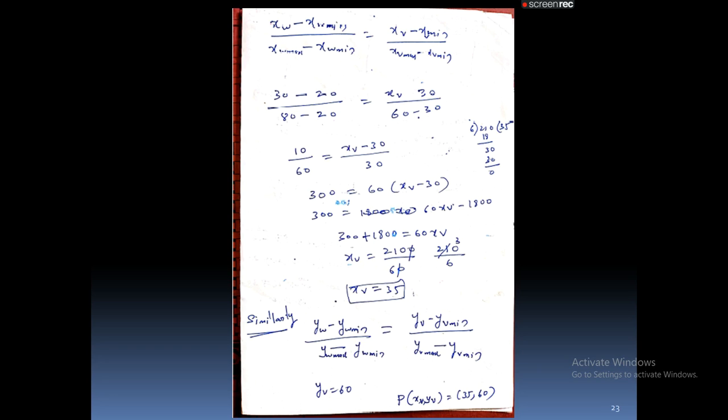Next step, we need translation. Why we want translation: we need to maintain the relative position in both windows the same, meaning with respect to the origin, we need to maintain relative positions. To maintain that relative position, we translate the origin of the clipping window to the origin of the viewport. Then we need translation transformations.